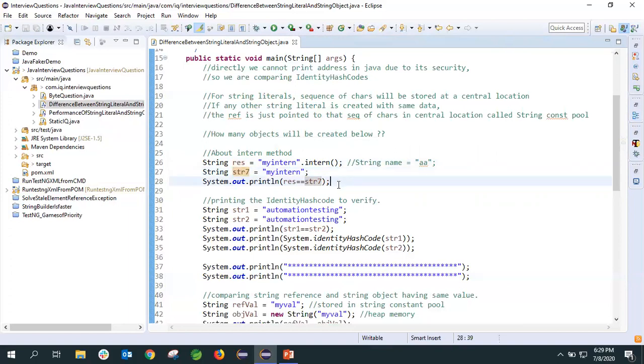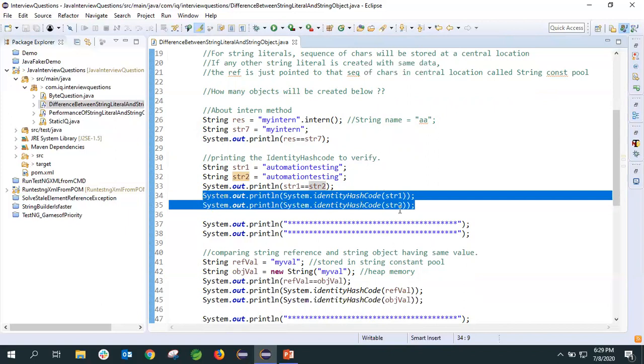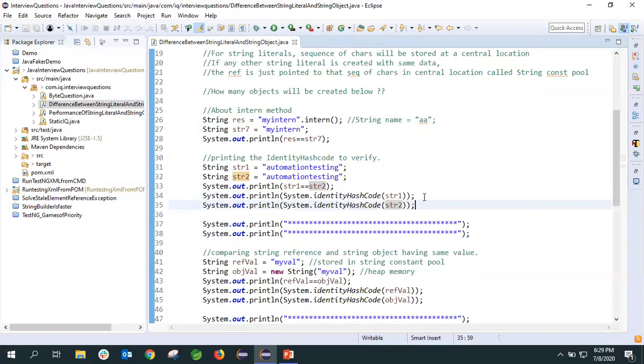In the second scenario, what we are doing is that we are taking two strings with the same value. Okay, automation testing. We are comparing its address, and also let's verify what address we actually get. It's not actually the correct address, but some kind of identity hash code so that we can identify if they are pointing to the same reference.